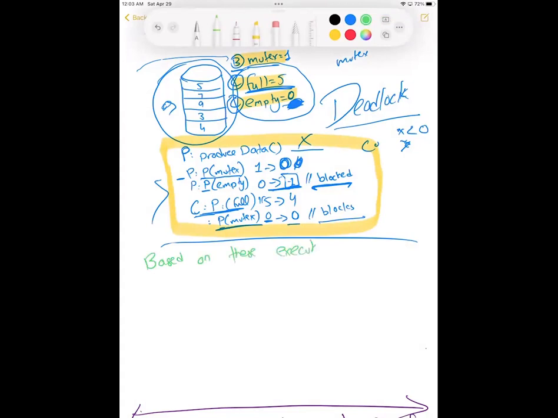execution sequences, you can see that when you switch up mutex and empty in producer,